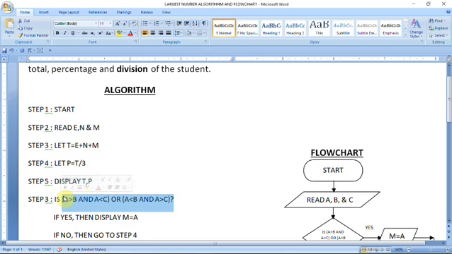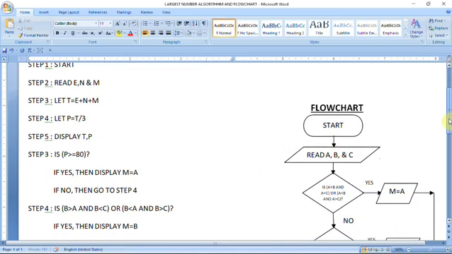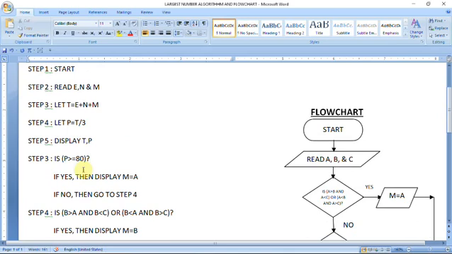We have already calculated the percentage of the student, so according to the percentage we can easily find the division. Is P greater than or equal to 80? If yes, then you know very well the student can receive distinction.